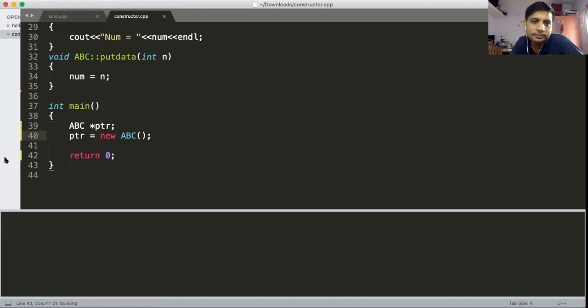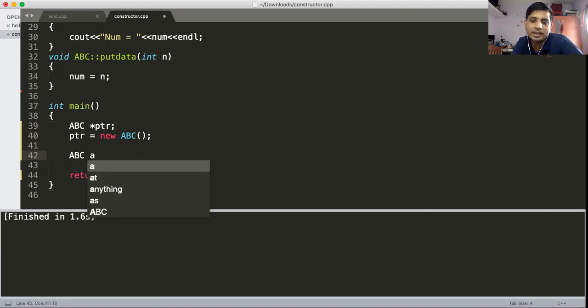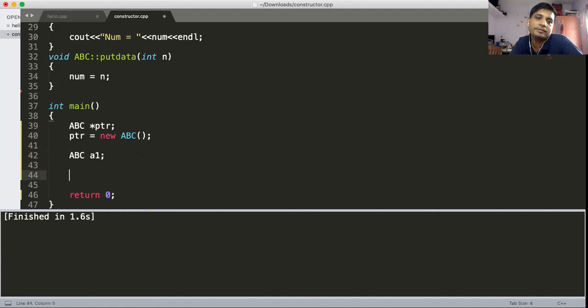This is one way to create an object. Another way is simply ABC A1. So what is the difference between these two? Here also an object is created, and here also an object is created.